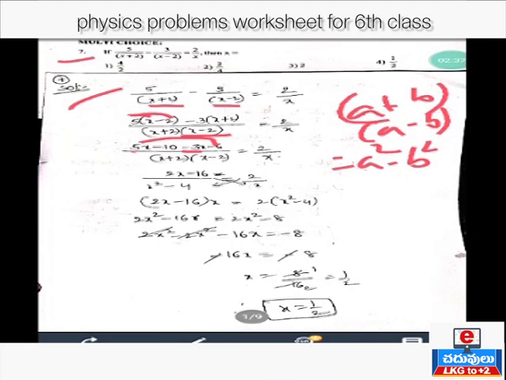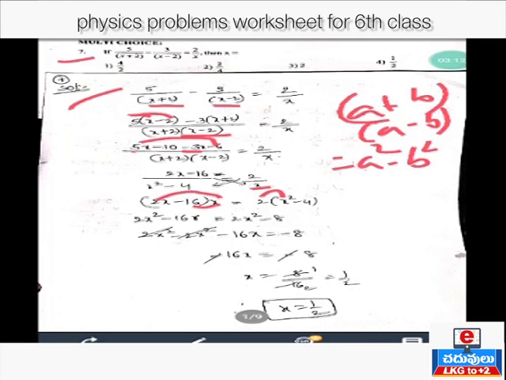Now we can do cross multiplication here. 2x minus 16 is multiplied by x. Again 2 is multiplied by x square minus 4. So that's why I can write this term in a bracket. Now 2x is multiplied by x. 2x into x is nothing but 2x square. Minus 16 is multiplied by x, so we can get here minus 16x is equal to RHS. Again 2 is multiplied by the first term x square, 2x square. Minus 2 4s are 8, minus 8 I can write here.